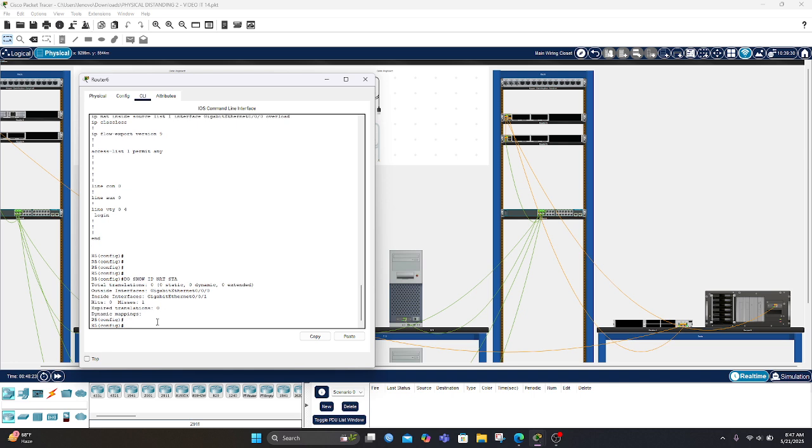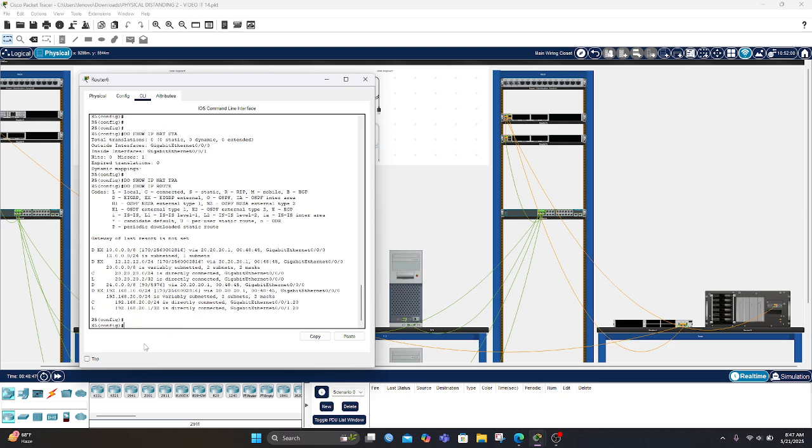In here I make NAT overload. Do show IP route first. D means AGRP.